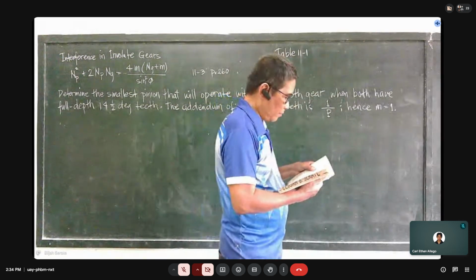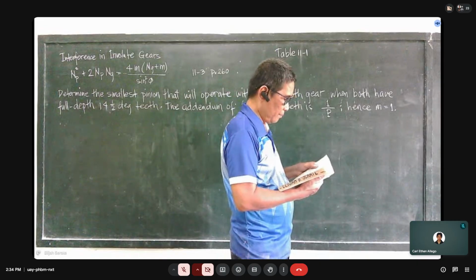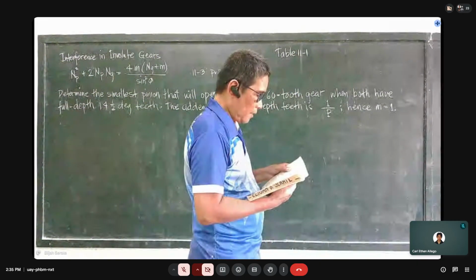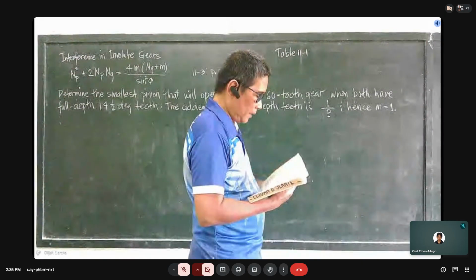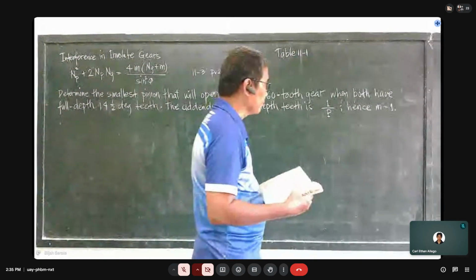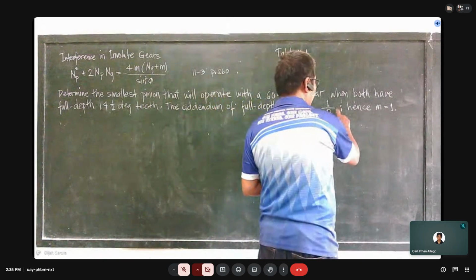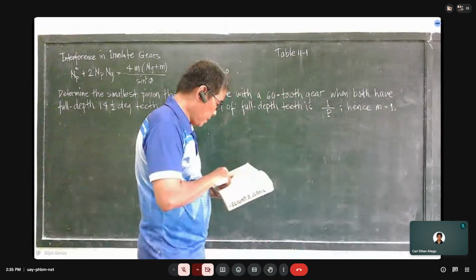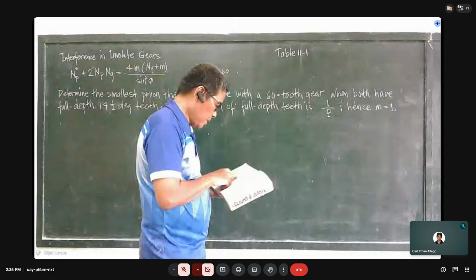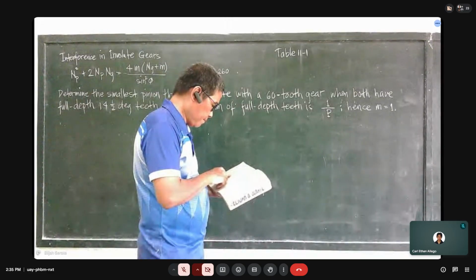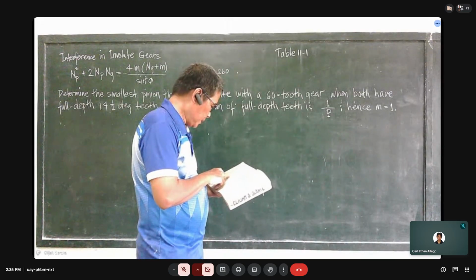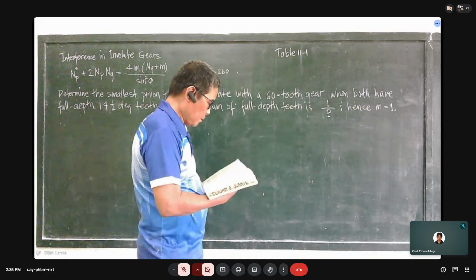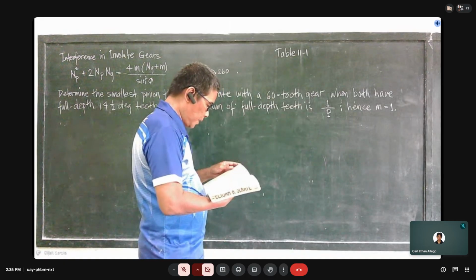Now that's a big one. 14 and a half degree. Addendum is 1/3. Okay. So basically, M and A